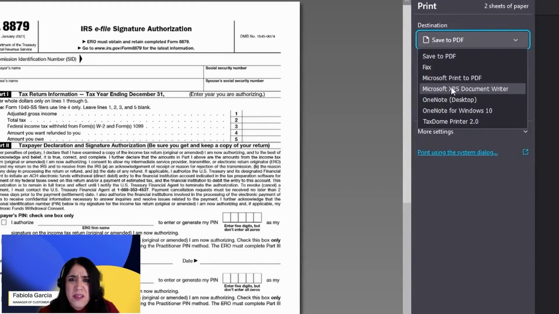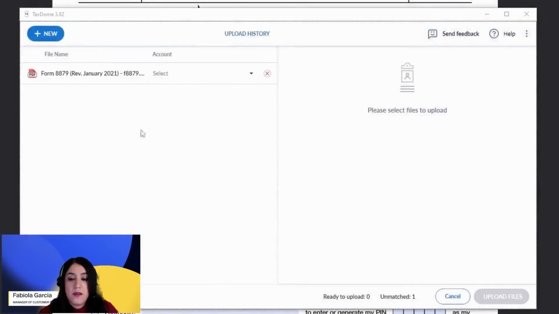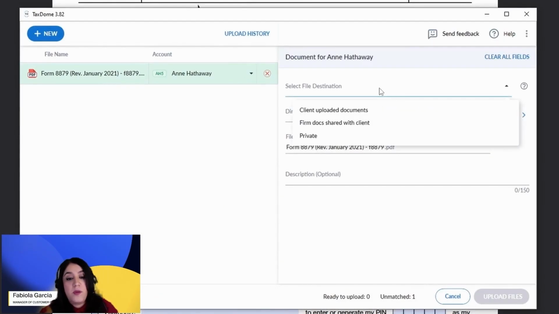All right, so I want to talk about the next section, which is printing to TaxDome 2.0. In this case, if this document needs to be signed, I am actually going to choose TaxDome 2.0. This software that you installed creates a virtual printer so that you may be able to print directly from your tax software to TaxDome. In this case, we saw that this document needed a signature. We selected it, we printed it to TaxDome 2.0, and now we're going to do a demo of a signature. So first of all, this document's going to show up here. I'm going to look up what account this belongs to, and then we're going to be able here